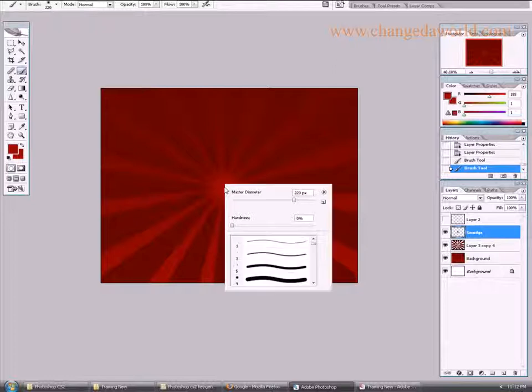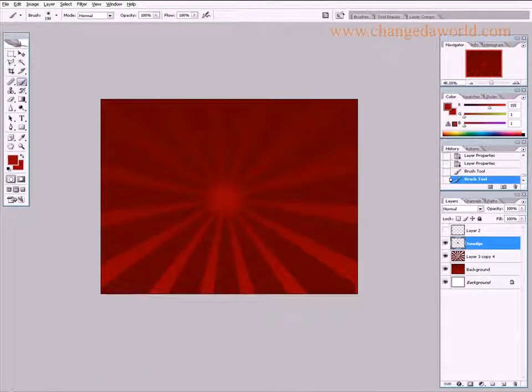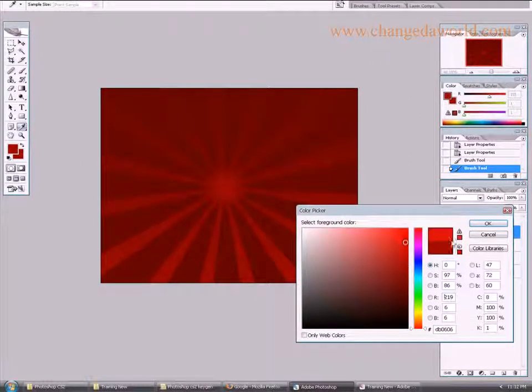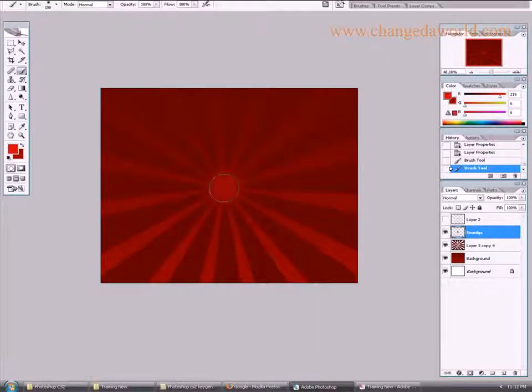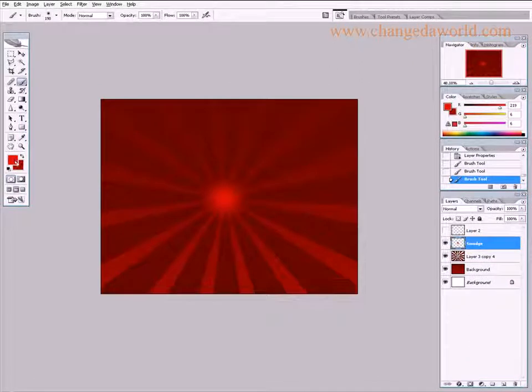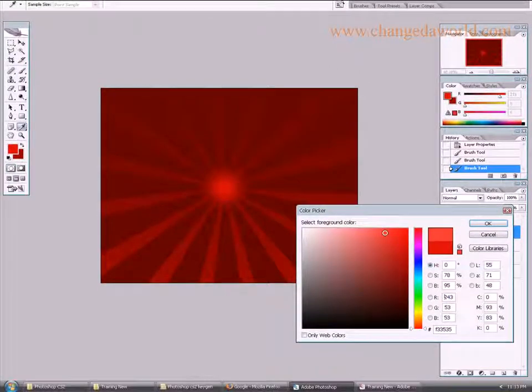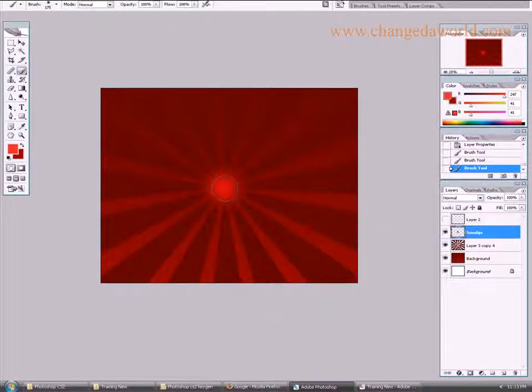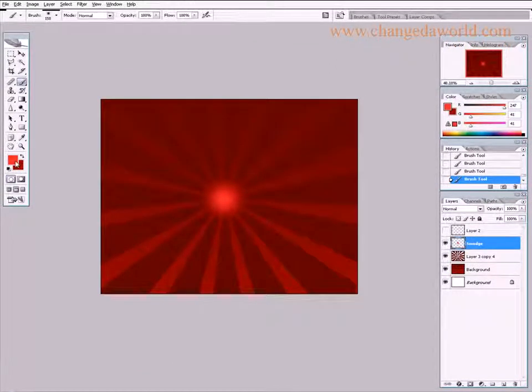Let me reduce the diameter a little, okay, and let me select a much lighter color, click OK, click here, let me select here again, let me select a much lighter color, resize the brush, click here again. At last let me